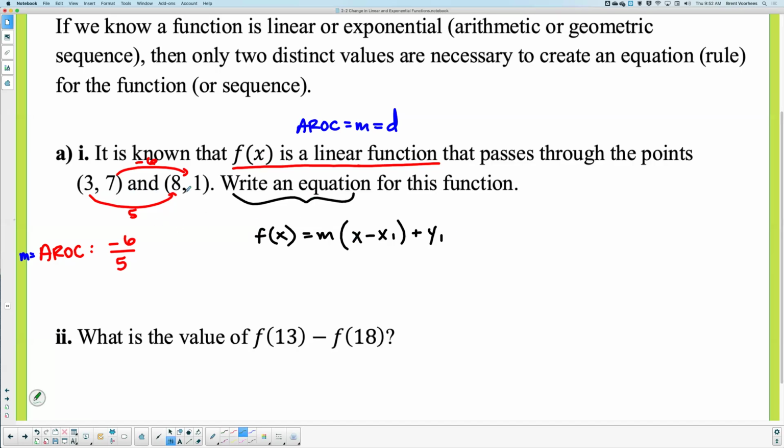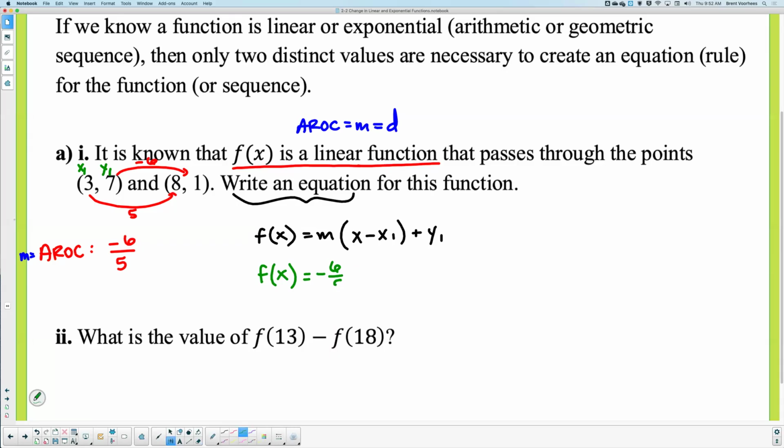Tell me what value up here is x1? 3. Good. What is y1? 7. And with that, we have everything we need. Well, we could say the equation is f of x equals, what's our slope? Negative 6 over 5